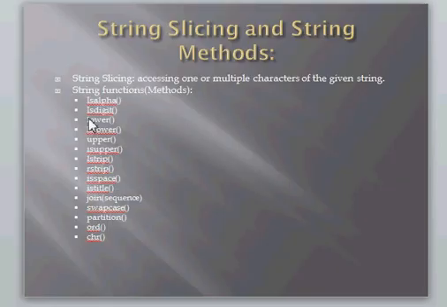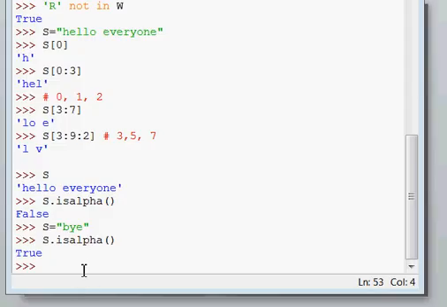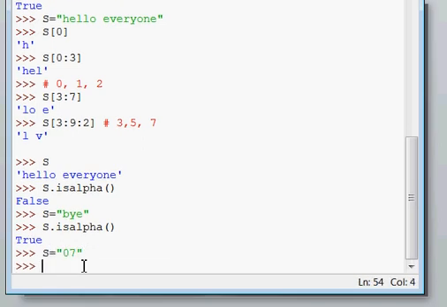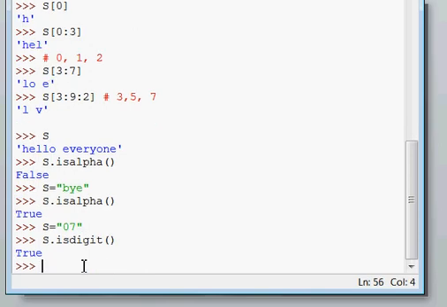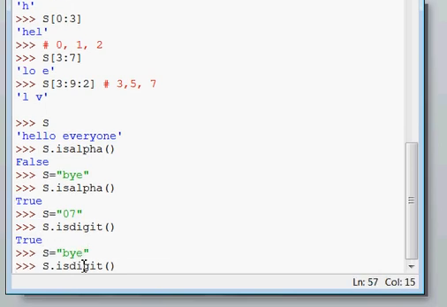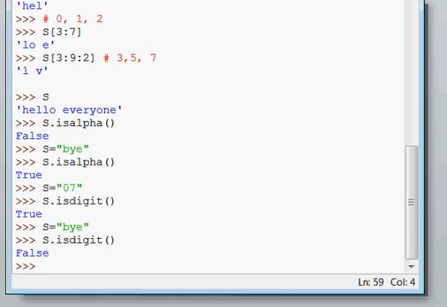Our next function is isdigit. If I say S equals to 07, and then I am writing S.isdigit. It is checking whether S contains all digits inside it. Yes, it is giving true. If I say S is by and then you use S.isdigit, it will give false. So isdigit is checking whether the given elements inside the string are all digits or not. If yes, then it will give true, otherwise it will give false.